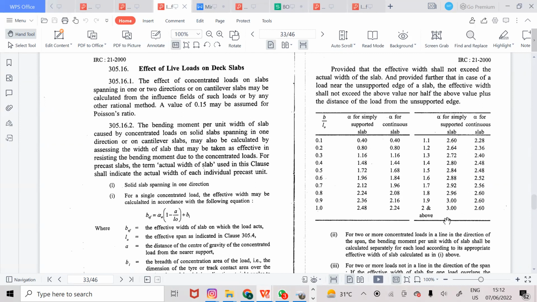As you can see, for the value from 0.9 up to 1.1, 1.2, 1.3, 1.4, 1.5, 1.6, and 2 and above. If your value is 2 and above, and our slab is a continuous slab, so if your value B over